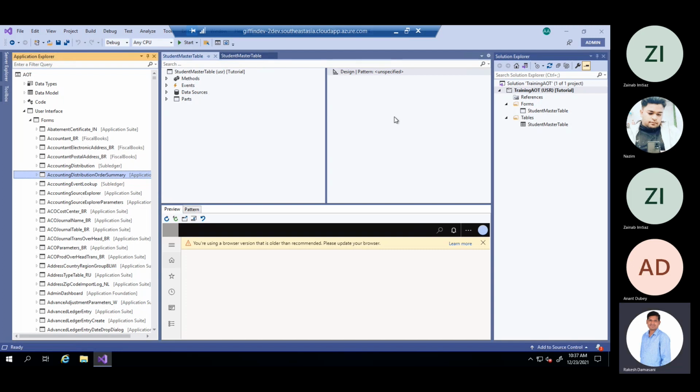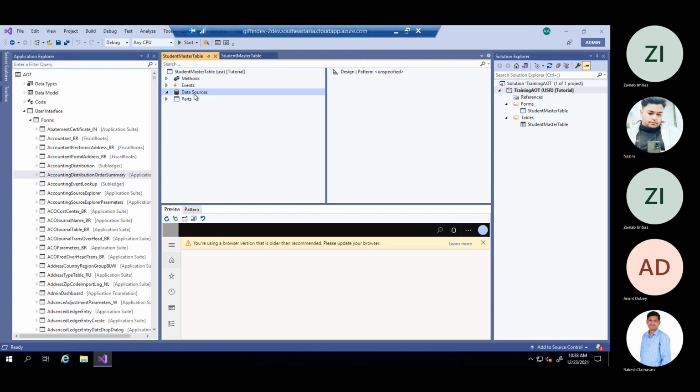Okay, I just created a new form, but these nodes, methods, events, data sources, parts, will be created by default, and design also will be created by default. Again, here the data sources node will be blank, so I have to add a new data source.